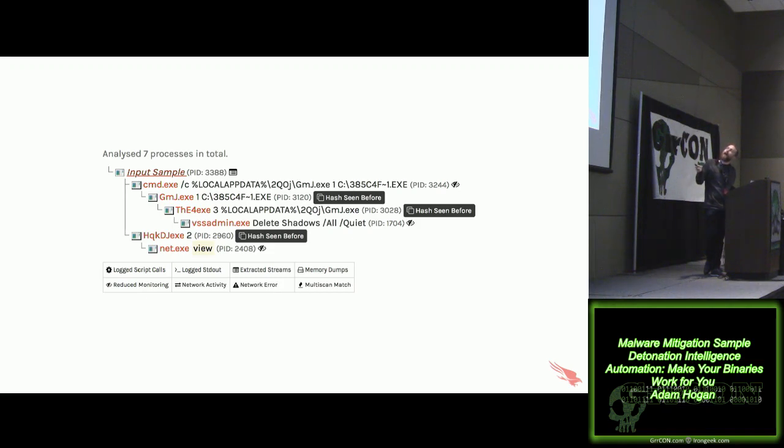I may want to see how it runs the subsequent processes, or even things like the net view command. So that's actually it looking for network shares to go and encrypt those files as well. But the net view command, while not at all necessarily malicious, is something I'd probably be interested in if someone's doing that. And if I were to search all my endpoints, I can give you that list of all the endpoints that have run the net view command in the past day, past week, whatever.